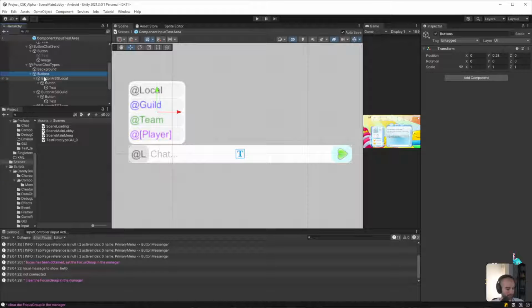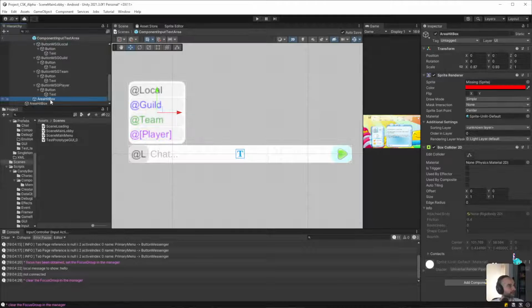Okay, so then we have buttons. That's the buttons, and then we have hitbox. Hitbox needs to be on layer 0. Sprite, it's missing a sprite. Okay, I'll need to open up the other project and see what the difference is, because there's clearly something that's been... oops, wrong one.